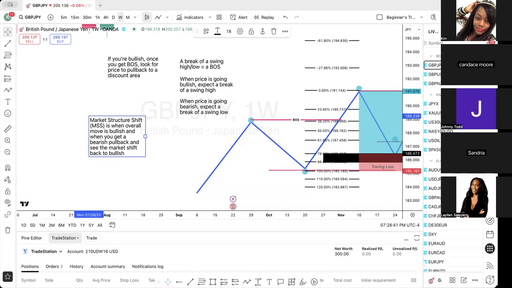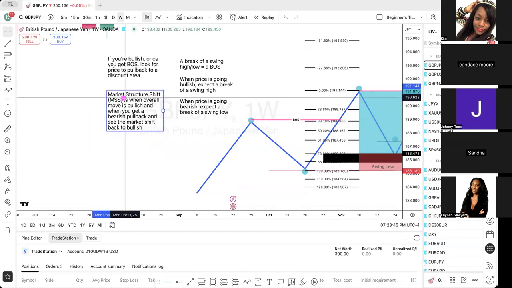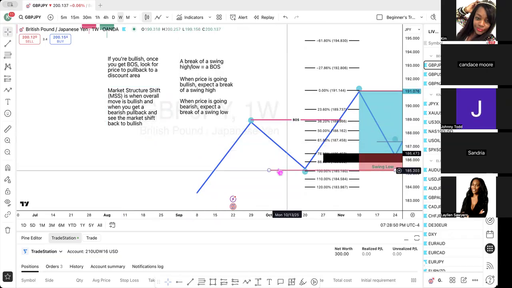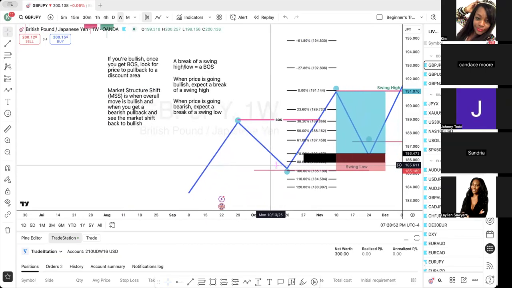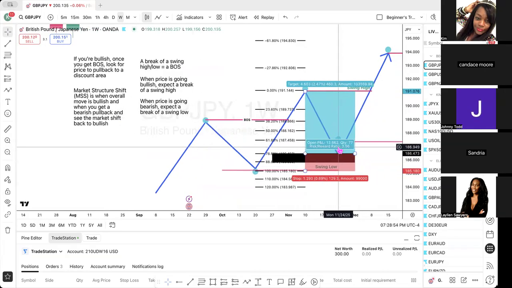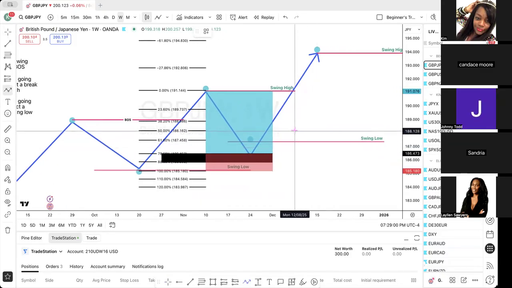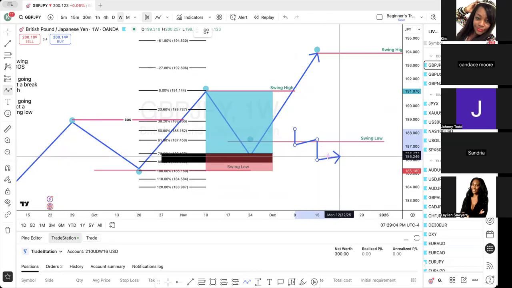And I'm going to show it to you on the charts in just a second. I'm just gonna put this all here so I can know what to go to once I show you the charts for real. So that means once price gets here, if you don't want to set the limit, right? Price is going down, it's pulling back.